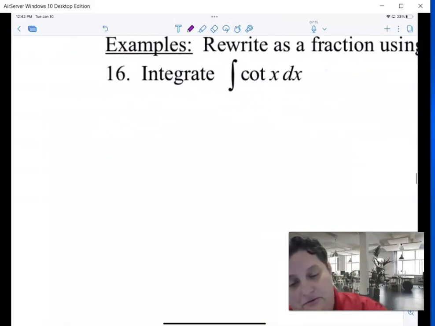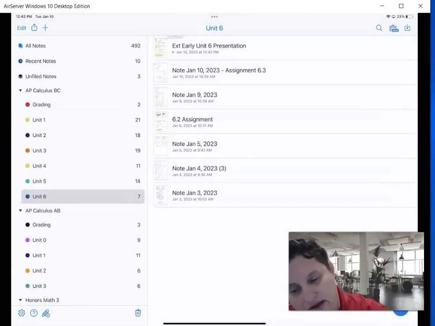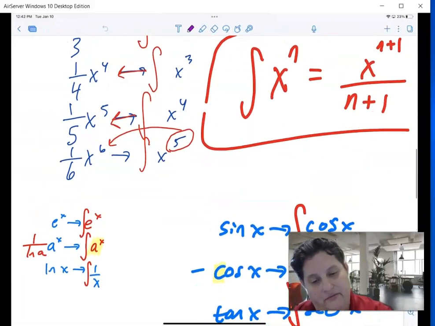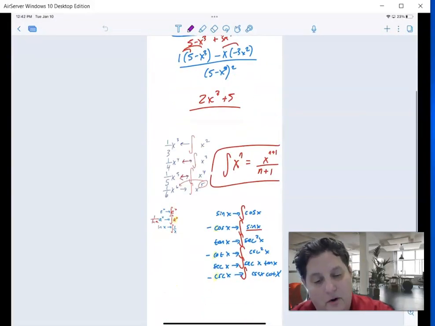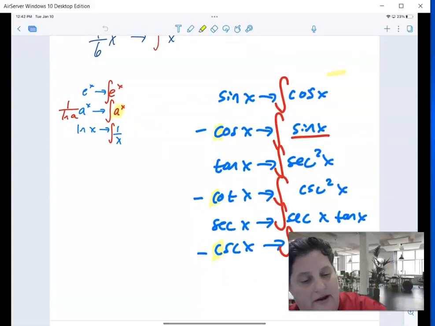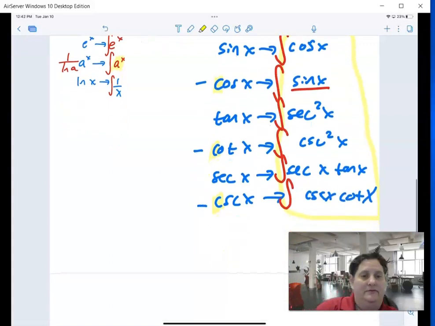Okay, last couple questions. We'll just do this real quick. Do you guys remember? Okay, so the other day we did trig integrals. Let me see if I can find them. Aha, here we go. So I wrote down all my trig derivatives. So my trig integrals are going backwards. So we only know how to do integrals of those things right there, because those are the derivatives just going